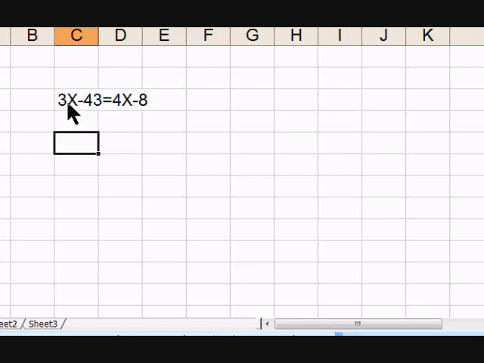So if I take the 3x and subtract it from the 4x, I get on one side of the equation just an x. And then I've got to take the 8 and move it over here. So if I want to take a negative 8 and move it over here, I'm going to add 8 to that side. So if we have negative 43, and we're going to add 8 to that, we get a negative 35. And you remember on the other side of the equation, since we took the 4x and take away 3 x's, we just have 1 x left. So the answer is negative 35. So the answer to that question is negative 35. That means that